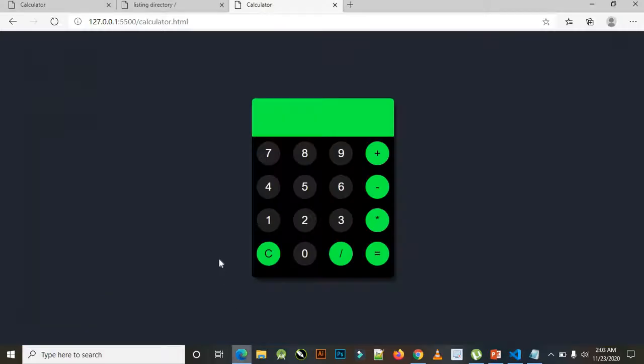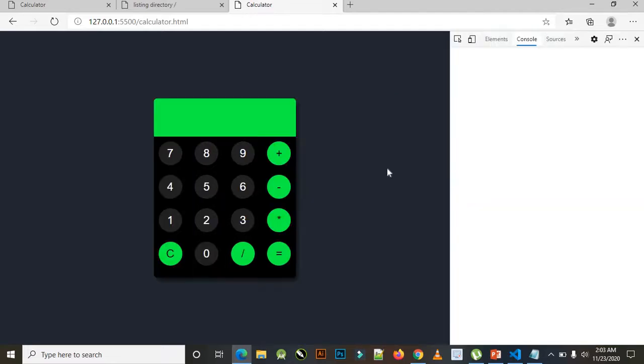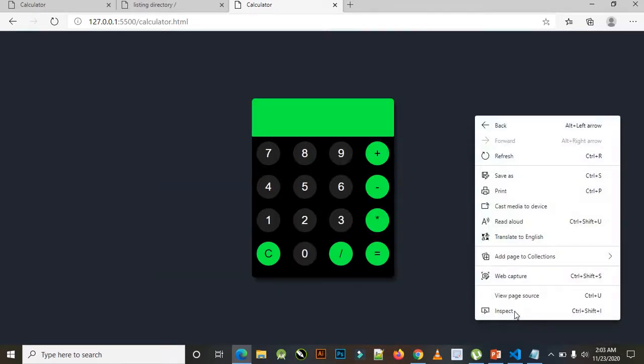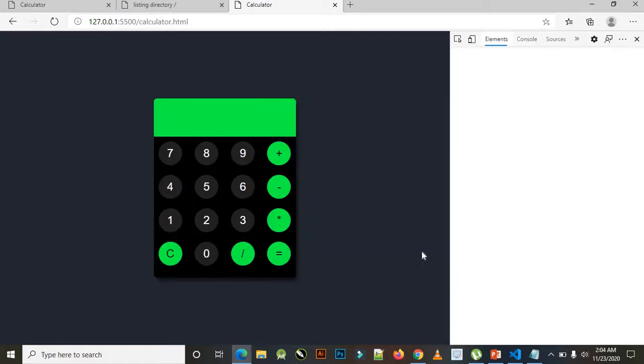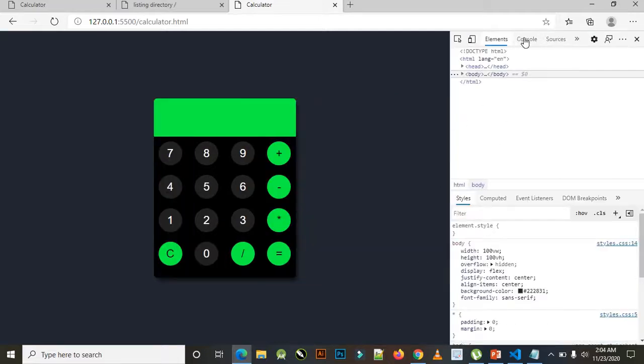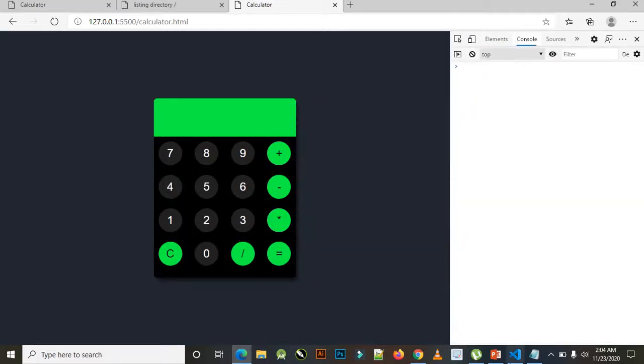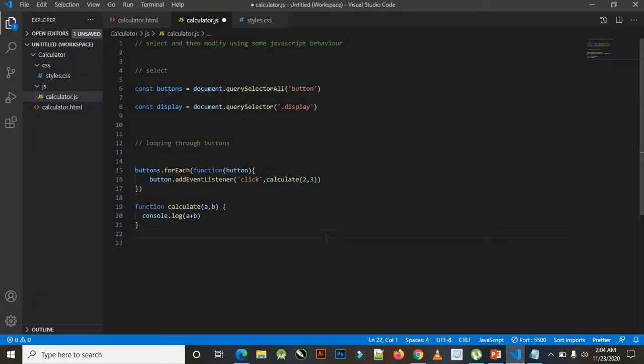And one thing about the browser is so beautiful that we have what we call a developer console. When I click on Ctrl+Shift+J, it opens up the console over here. Or I could close that and just do inspect, and when I inspect, it opens it up again, and I go to console because I want something on the console. So once I save this, now the idea is when I say for each button,